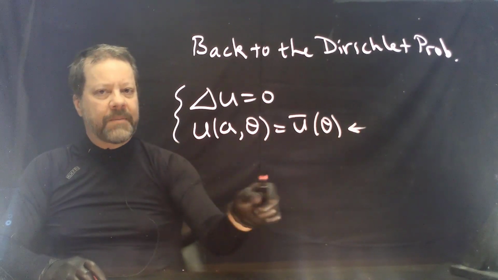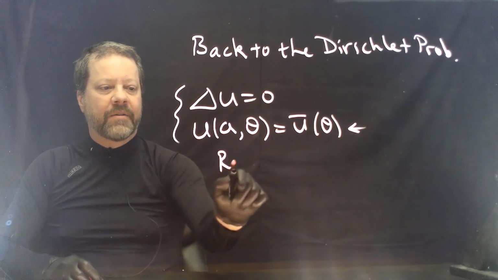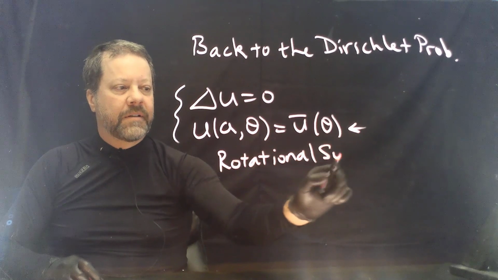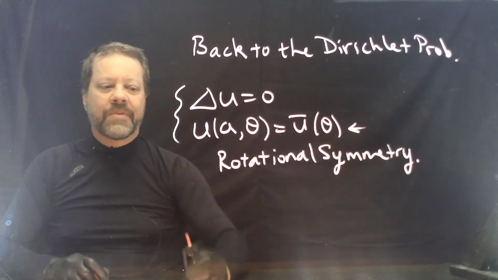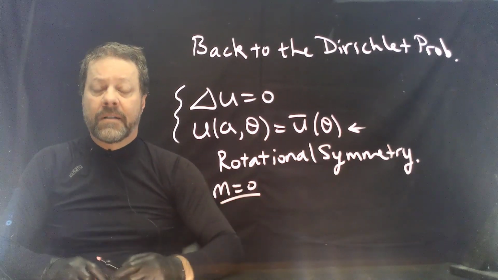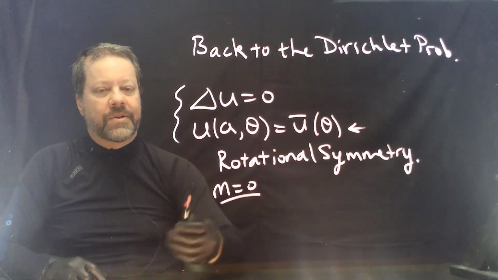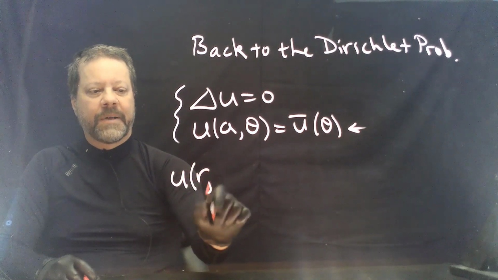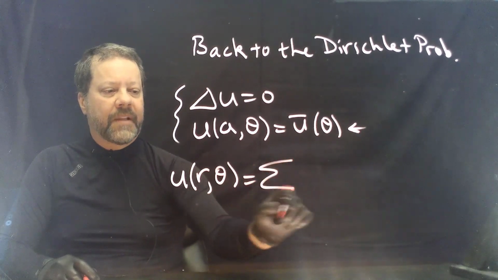So if it doesn't depend upon the longitude, that means that we have a rotational symmetry. With this rotational symmetry, it's sufficient to choose the Legendre functions and not the associated Legendre functions in representing our solutions. It follows then that our solutions will depend upon a and r and theta, and will look like